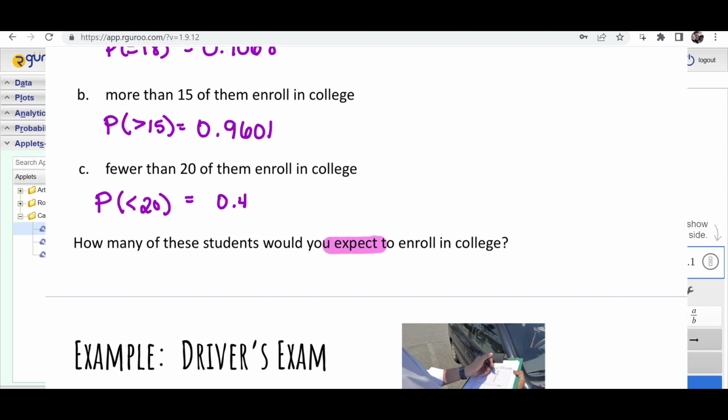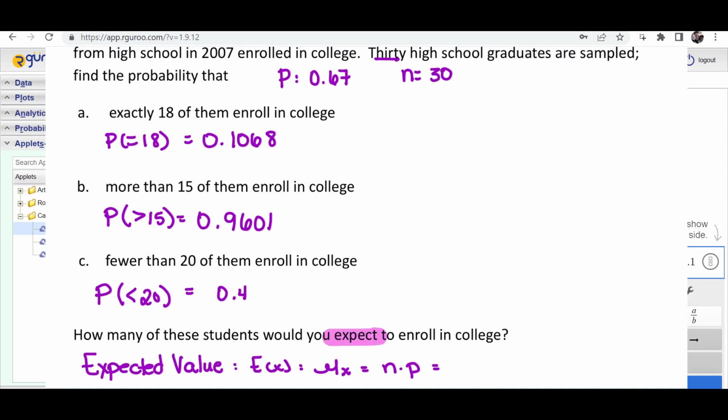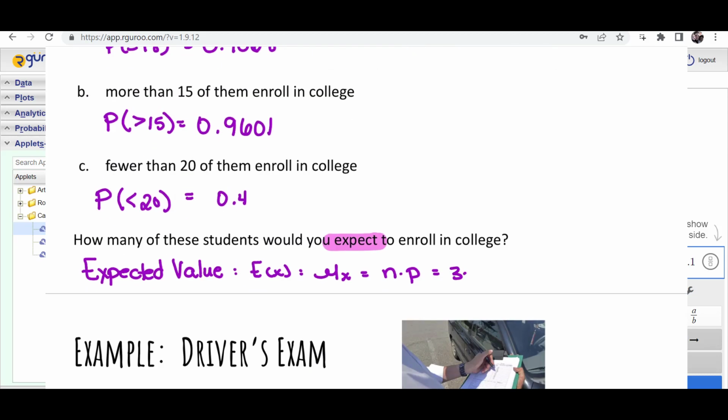Okay, so last question. How many of these students would you expect to enroll in college? So keyword here, expect, think expected value. So if we were to repeat this experiment over and over and over again, and we were to find the average of the outcomes, that would be the expected value. Also denoted as E of x, also denoted as mu x for the mean of the random variable. And because this is a binomial experiment, we can use the formula here, which is n times p. So n in this case was 30, and